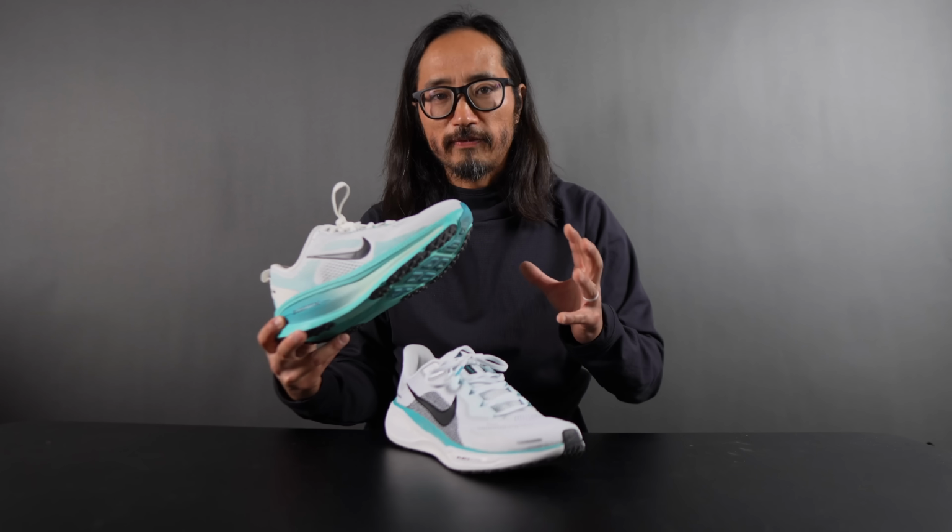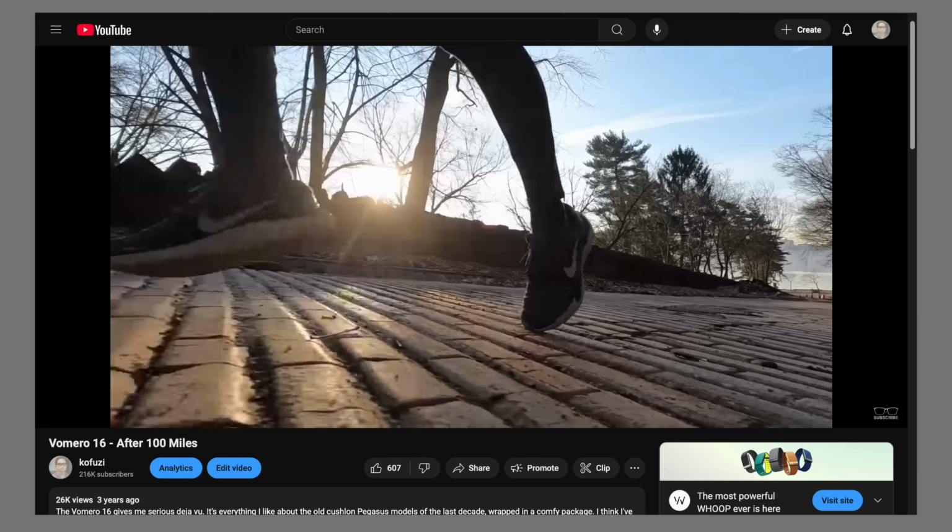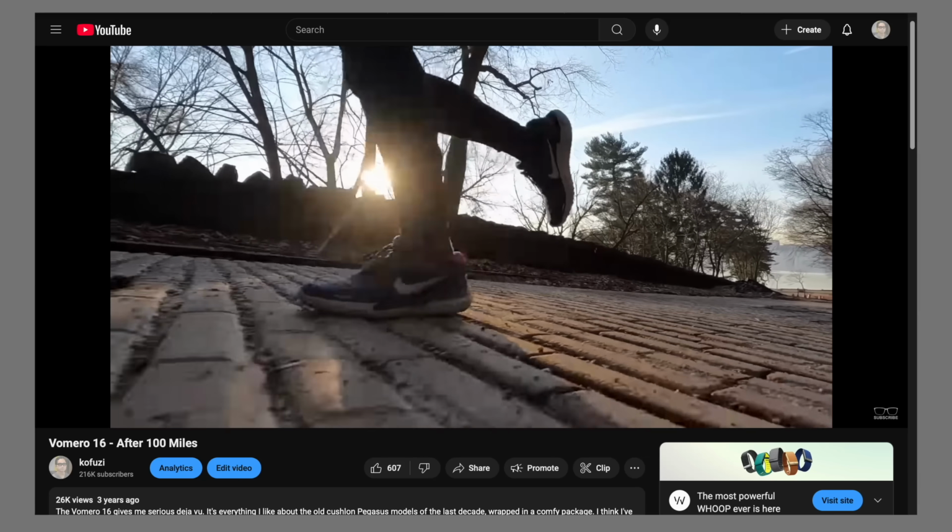A lot of times I felt like what we were getting with the Vomero was like a Grand Touring version of the Pegasus. So it was like more of a Pegasus GT. It was like a Pegasus, but fancier. And I particularly liked that feeling with the Vomero 16, which was probably my favorite Vomero,